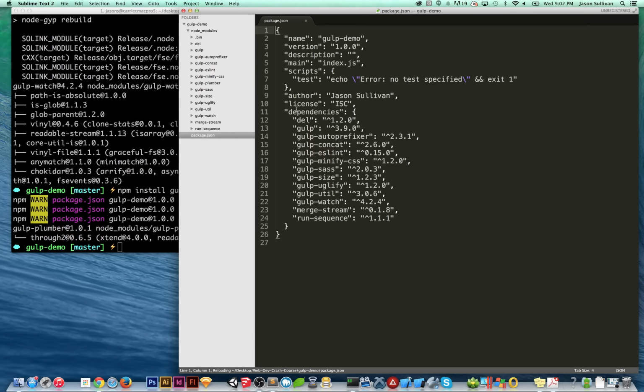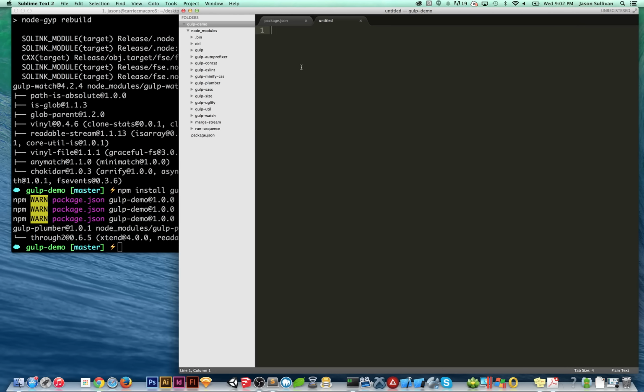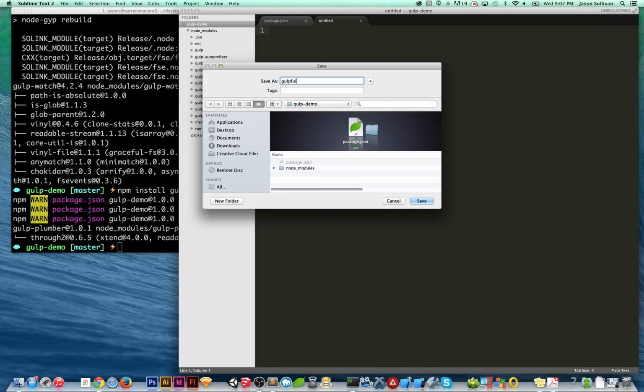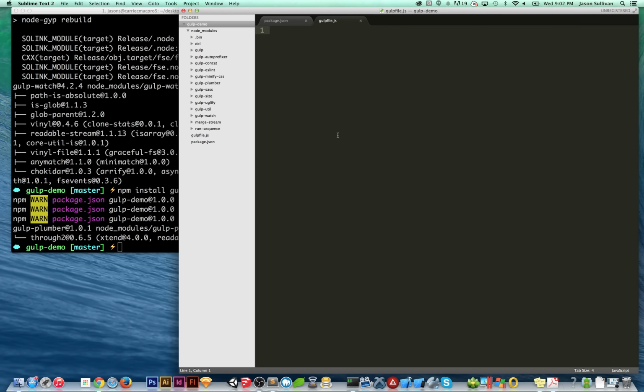So now we need to do a new file. We're going to call this gulpfile.js. Save this gulpfile.js. So what all these tools do is they basically run all of your code, your JavaScript, your Sass, and take it and create all the files you need to go on your production server. You don't want any of your Sass files or any of your raw JavaScript files. You just want a nice minified single file for JavaScript and a single file for